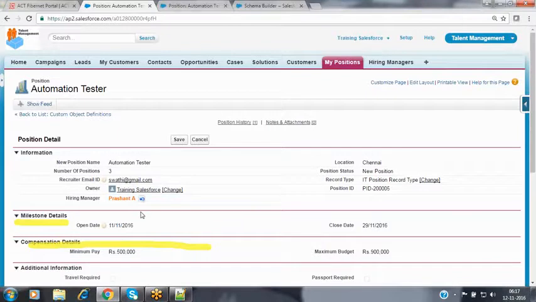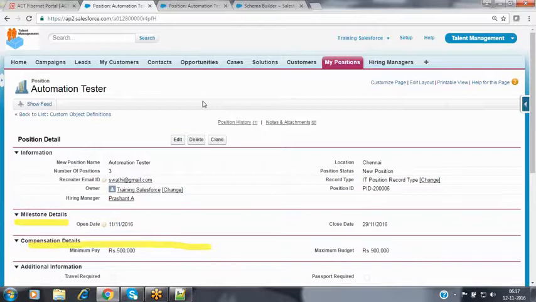When it comes to the lookup association, it allows us to change the parent of the child record. Reparenting option is available by default. No need to enable any settings. Without enabling any settings, we can change the parent from one parent to another. That possibility is available by default, which we have observed right now. Now, when you click on the save button, previously it is holding that Swati record's 18-character ID.